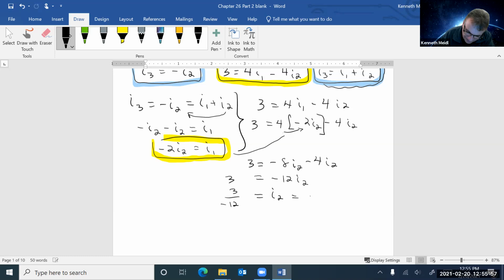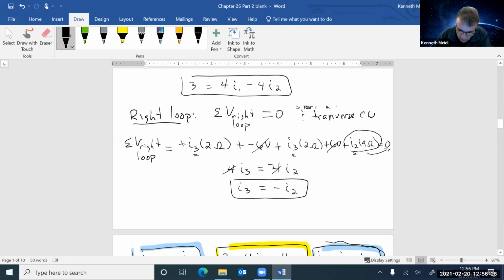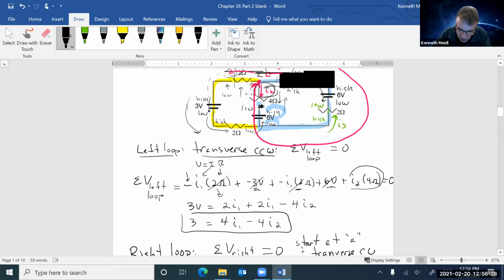So I2 is negative 3 divided by 12. I guess that's 1/4 here, right? So 0.25 amps here. Okay. So the magnitude of the current is 1/4 of an amp, 0.25, okay? And now I have this minus sign here, and what that minus sign means is that when I go back to what I decided when I started doing